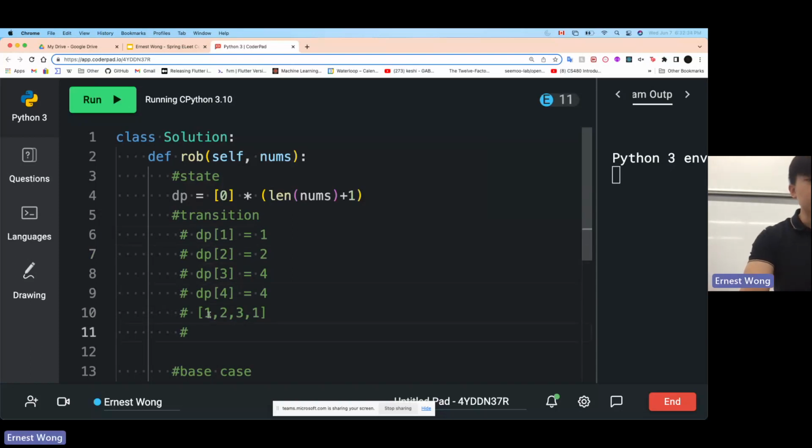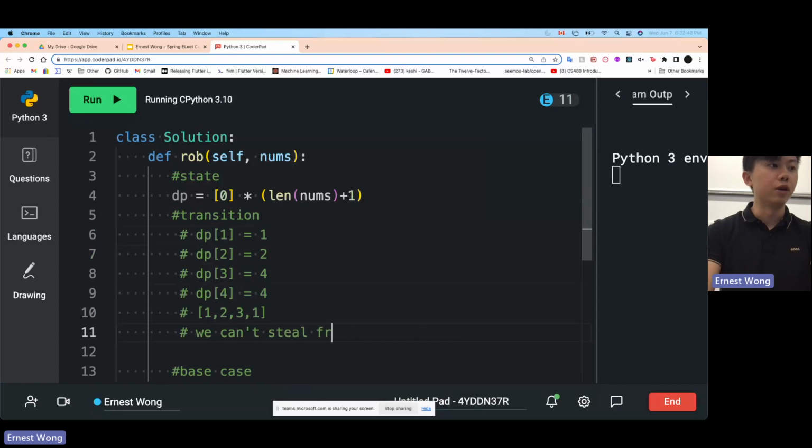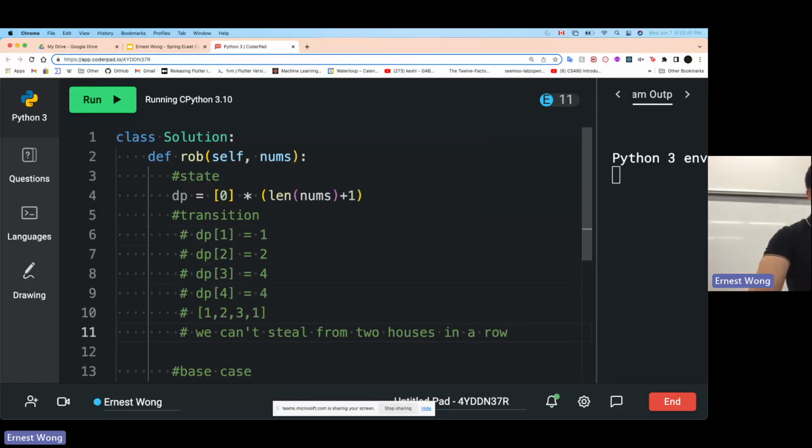One relationship that we're told in our problem is that we can't steal from 2 houses in a row, but other than that, we have no restrictions. So using all of this information, we can think, okay, how does dp of 3 relate to dp of 2, dp of 1, and any of the dp values before?